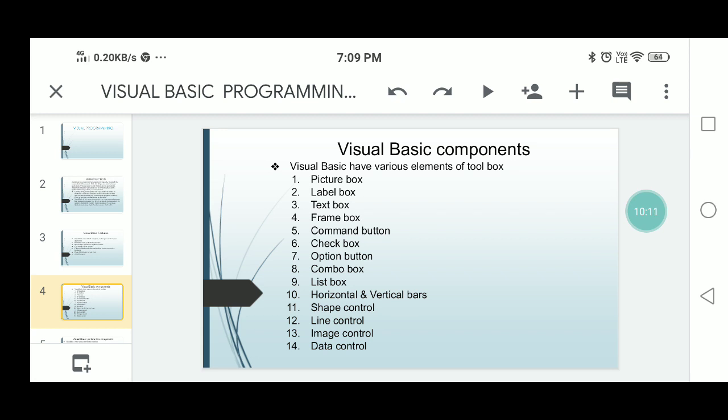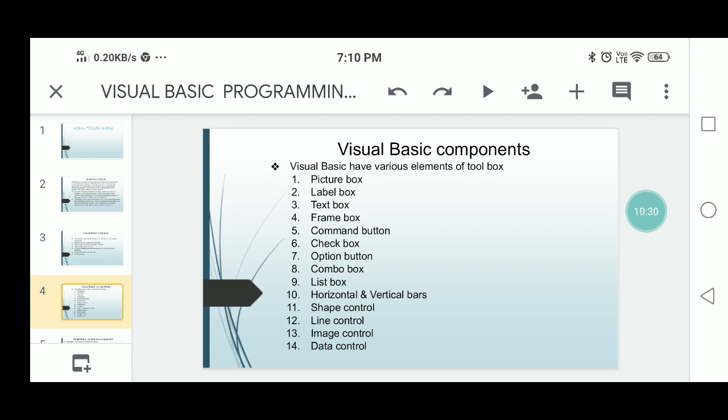Then next we have the various elements of the toolbox. In a Visual Basic application we have the toolbox menu. In that toolbox menu different types of components, objects and tools are there.